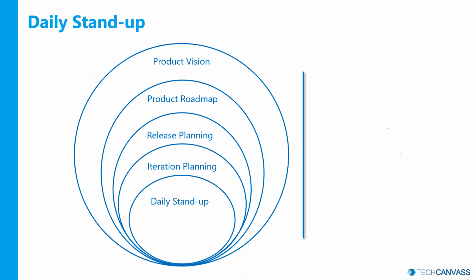But if you have one more layer, that will be great, so that you are in better control of your project, and that is called daily stand up in Agile or Scrum, right? So as the name suggests, you do this daily stand up once in a day, okay, and the team members gather together at a predetermined time and place, and then everyone gives their updates to the rest of the team. The update is typically a 3 statement format, right? Everyone talks about what they worked on the previous day, what they are planning to do today, and if there are any blockers or impediments in their work, right?